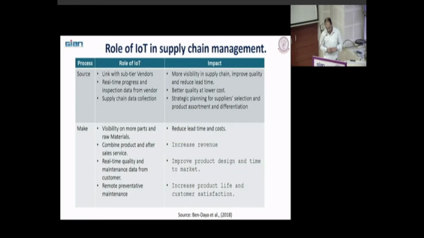It increases product life and customer satisfaction. Why product life? Because you are doing preventive maintenance of those sold products, and avoiding costly failures. That's why your customers will be happy as well.